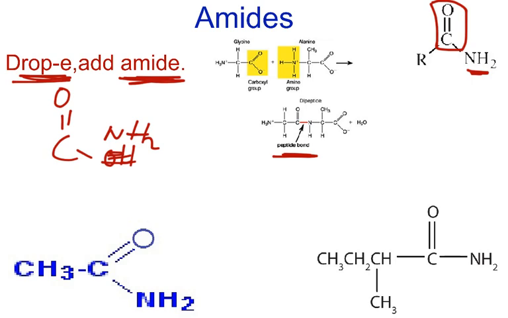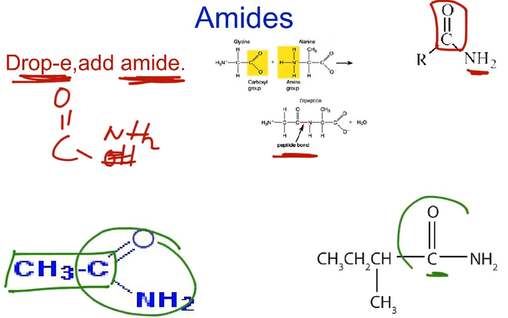All right. So how would you name this guy in the bottom left? We have the longest number of carbons simply being 2 of them. And the thing about amides, the amide group, is always going to be at carbon number 1. So this amide group will always be at carbon number 1. So we go 1, 2 carbons, so that's ethane. So we go ETH, AN, we drop the E and add amide,